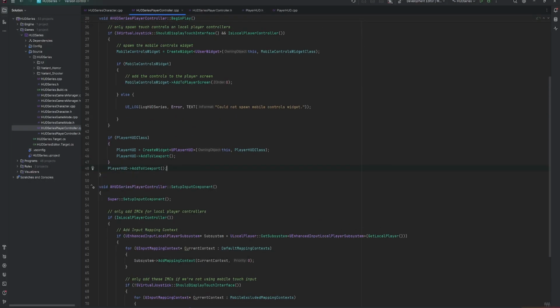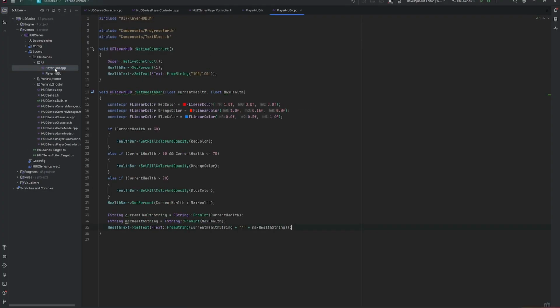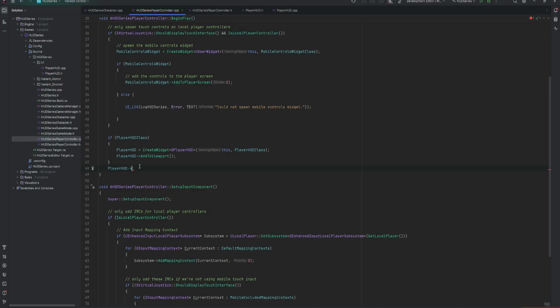But just to show that, what did I call the function? SetHealthBar. If I just call SetHealthBar on BeginPlay and then pass in, let's say 90 and 100, but we would have actual variables for these, it will update